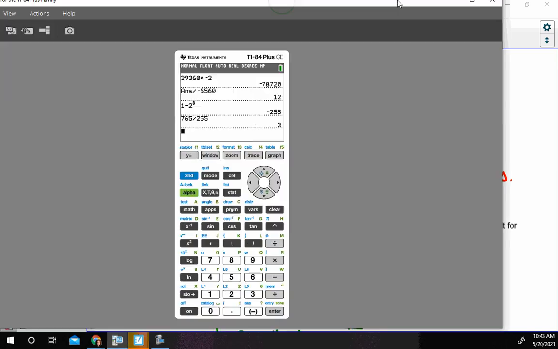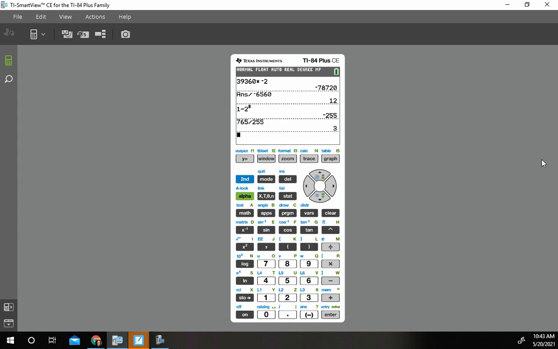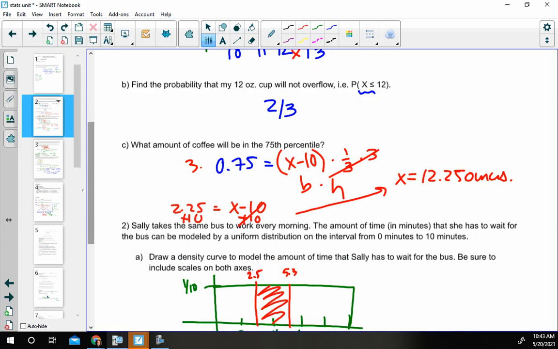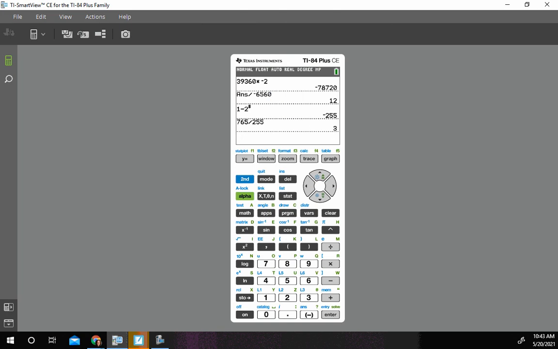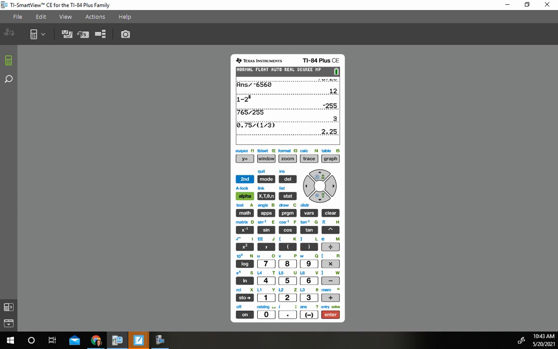Yeah, so you've got to use parentheses. For those of you that took 0.75 divided by 1/3, what you're going to have to do is 0.75 divided by (1/3). If you don't do it in parentheses, it's going to be 0.75 divided by 1 divided by 3, which is not the same as divided by 1/3. Okay, so that's how you're going to get that 2.25. So if you have fractions and you're dividing by them, you have got to put them in parentheses to say the 1 and the 3 are together.